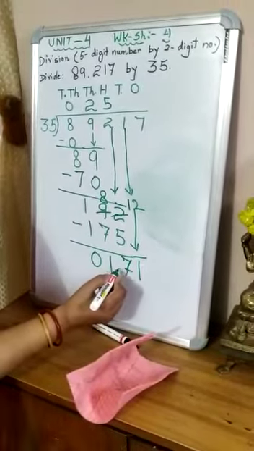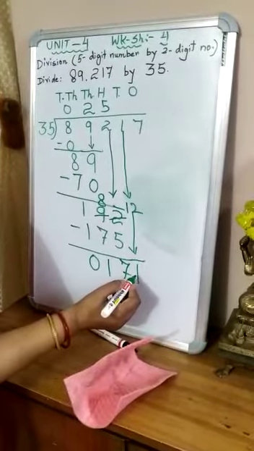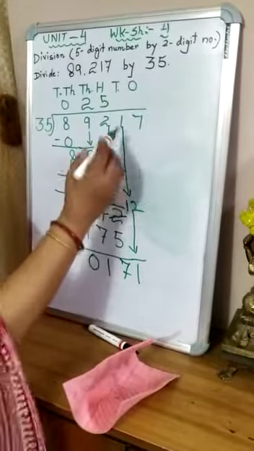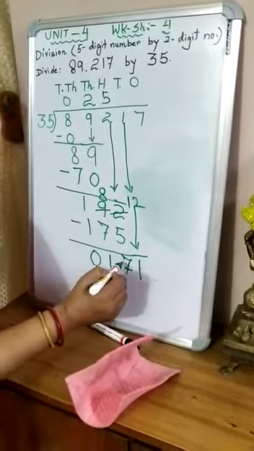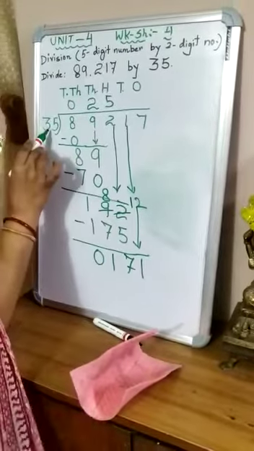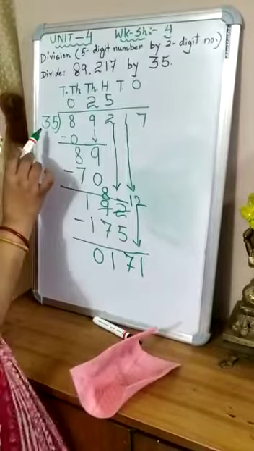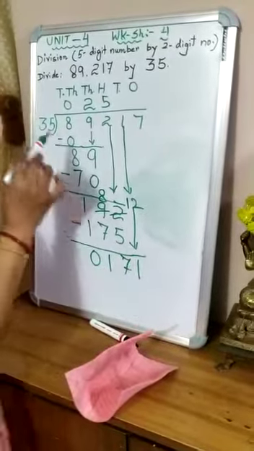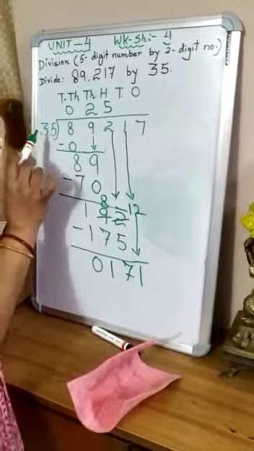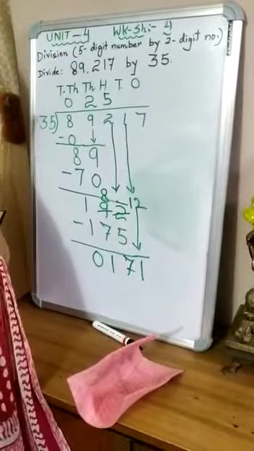Now it becomes 171. What is this? 171 tens, because 1 is at the tens place. 171 is more than 35, so 171 tens will be divided by 35. Now I will take again